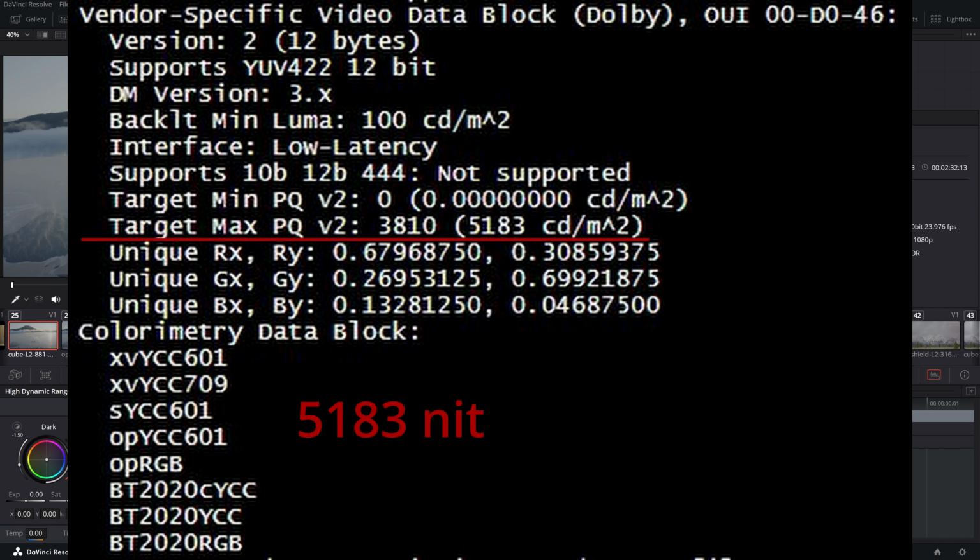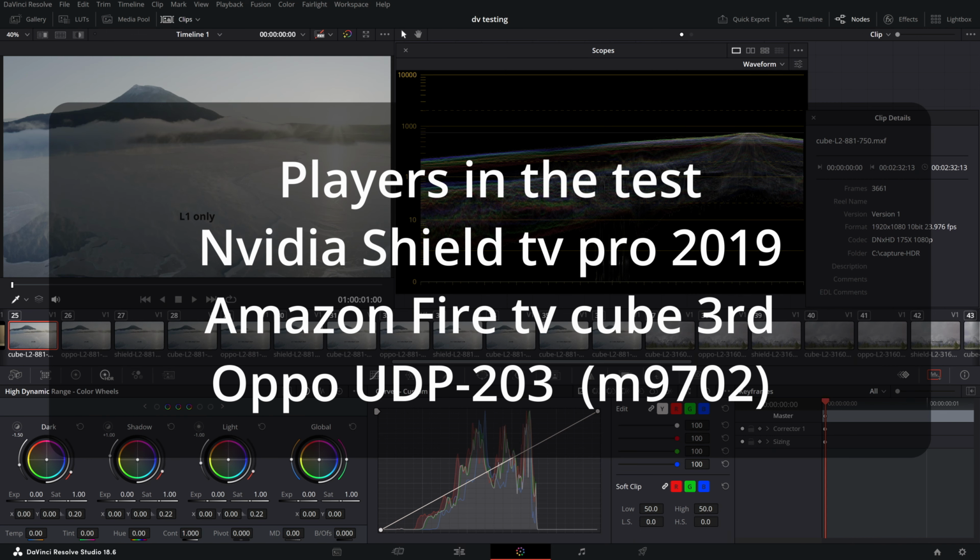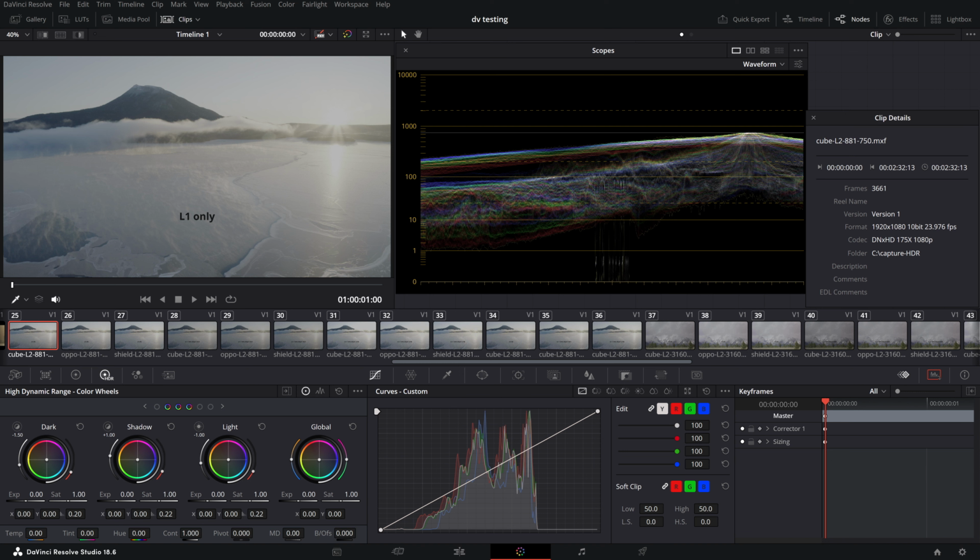And I ran tests on 3 players. Shield TV Pro 2019 and Fire TV Cube 3rd, they will be representatives of modern media players that can DV, but can't handle FAL layer. And the third device, Oppo UDP-203 clone, it's an old MediaTek chip but it can fully handle FAL layer. For each of the players I made a capture for different variants of video with different EDID, and now we